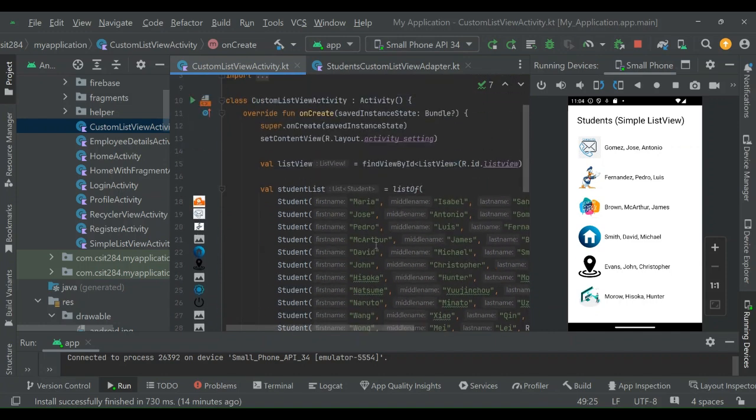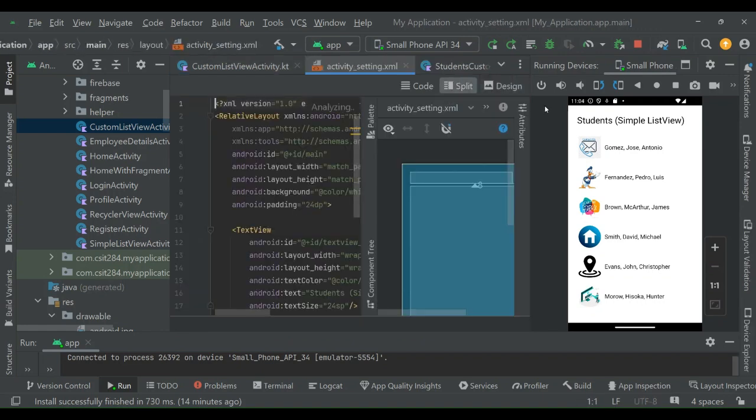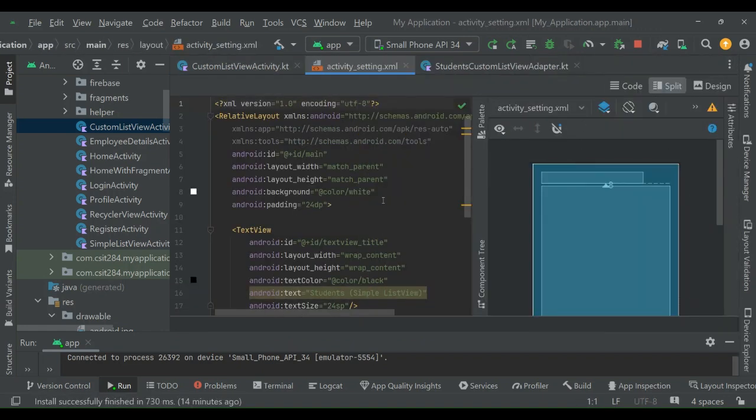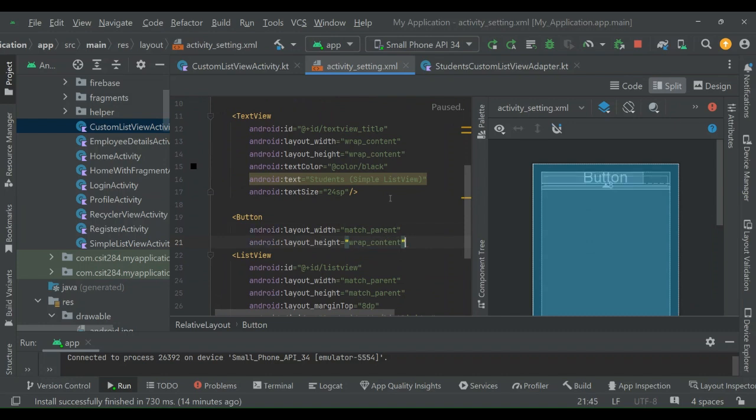To do that, let me prepare the UI first. For example, I have the settings here, let me just hide this first. I want to have a button with wrap content, and the text is add item to the list.